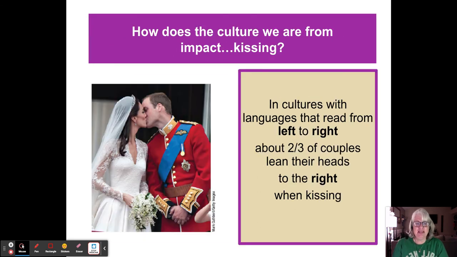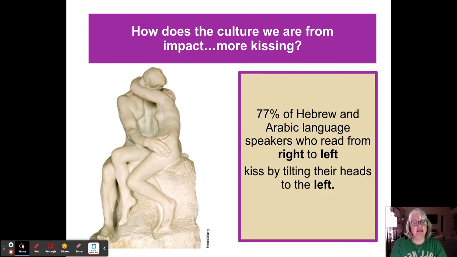Here's an example. This is kind of cool. If you read a language from left to right, which is what we read, about two thirds of couples turn their heads to the right when kissing. Here you see the princess and prince of England kissing with their heads turned to the right. But most Hebrew and Arabic languages read right to left, which is the opposite way. They actually